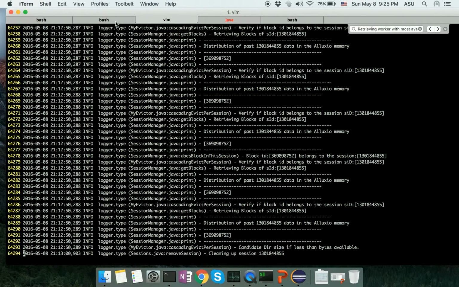There are a few other things that we have mentioned in the future enhancements. For example, when you restart the worker, it's not fault tolerant, so we don't save the session map anywhere. So when the worker gets restarted, all the session information is lost. So we want to make it fault tolerant and fix this evictor so that it works according to the plan that we came up with. This is the end of the demo, and I think we have showcased all the features that we